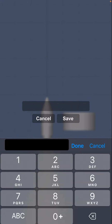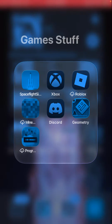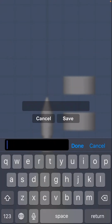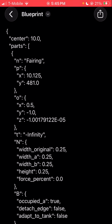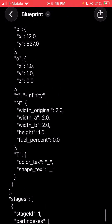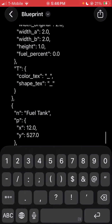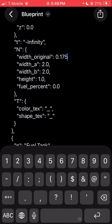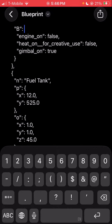Hold on, let me make a tiny fuel nozzle thingamajig. Actually, I need to make 2 of these. It's gonna be really thin. That's something I need to remember. Not really thin, but short. It needs to be short. And 45, negative 45. Those are the 2 things I need to...